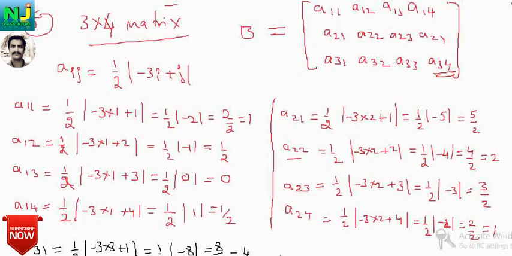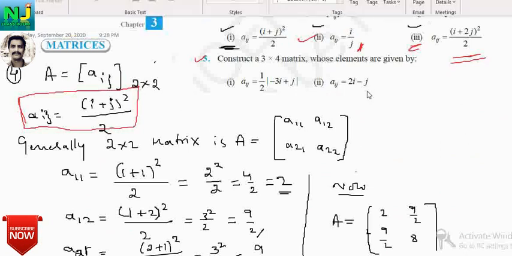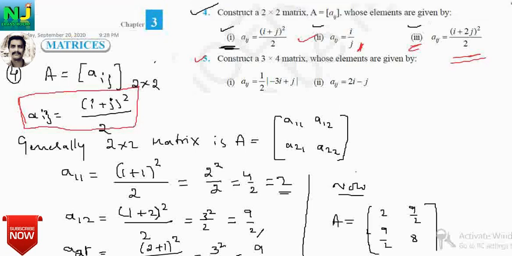So this is problem number 4 and problem number 5. It is clear. So in the second problem also you have to construct a 3 cross 2 matrix. Look at here, there is a 3 cross 2 matrix. So how to find it? Very simple. By putting the i value 1, 2, 3 and j value 1, 2, 3, 4, you will get again how many elements? 12 elements. So you can do it. It is nothing to worry. So do it yourself. Aij is equal to 2i minus j.